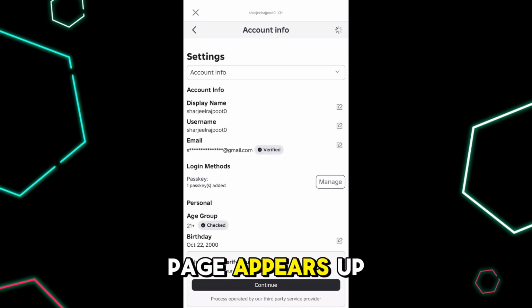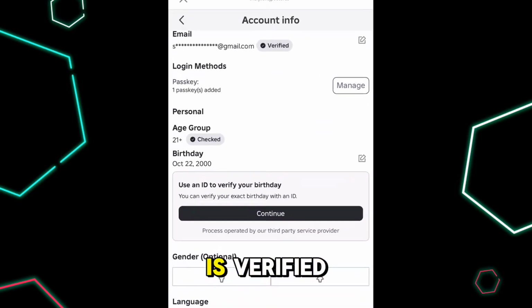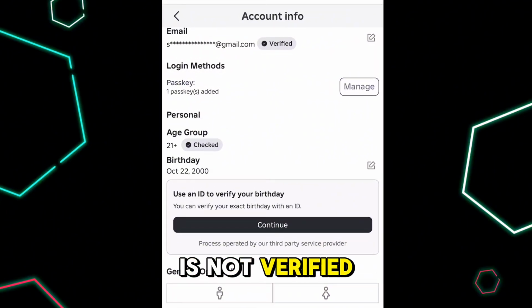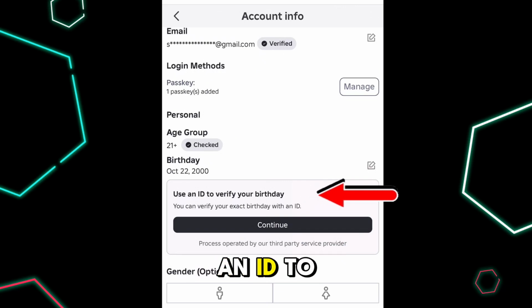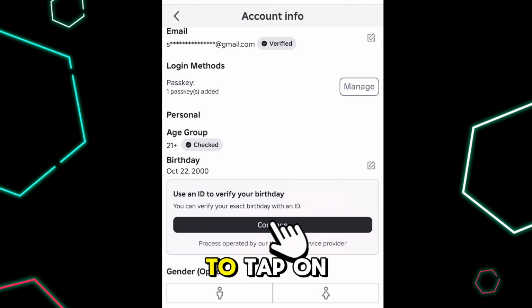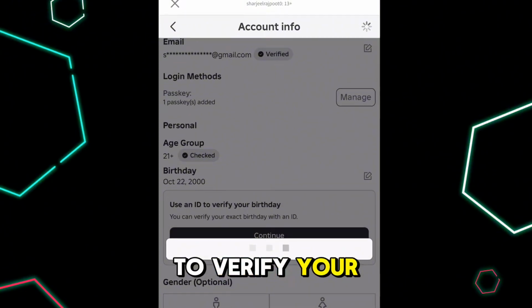And when this page appears, you have to scroll through this page, and here you can see that my age group is verified. But if it is not verified in your case, there is an option under this which is use an ID to verify your birthday. So you have to tap on this continue button and follow the on-screen instructions to verify your age by using